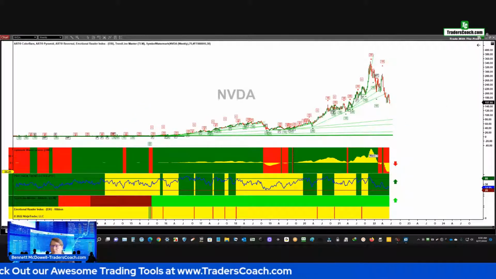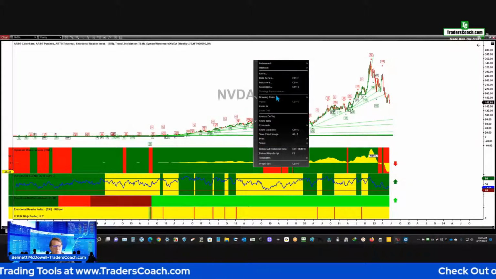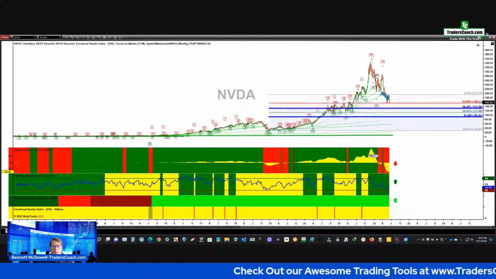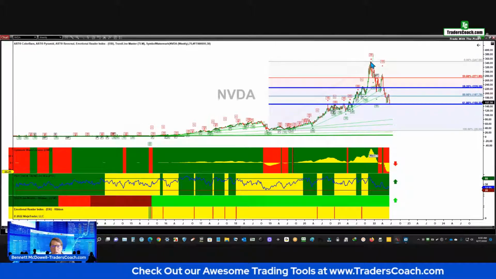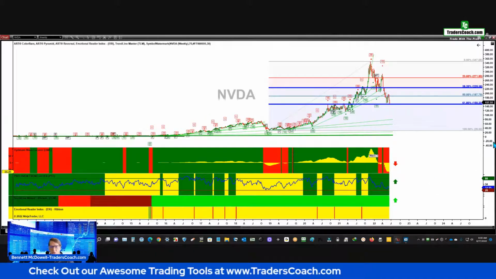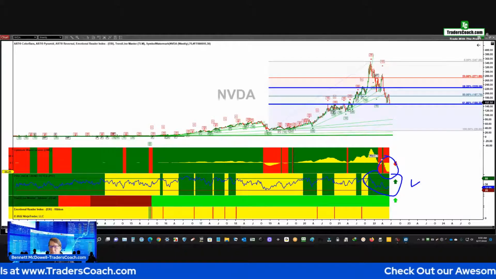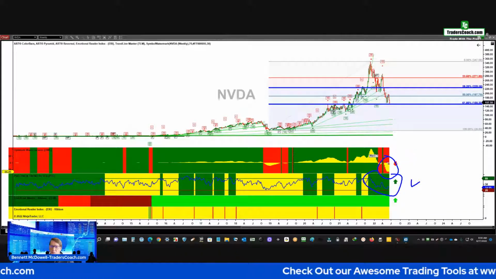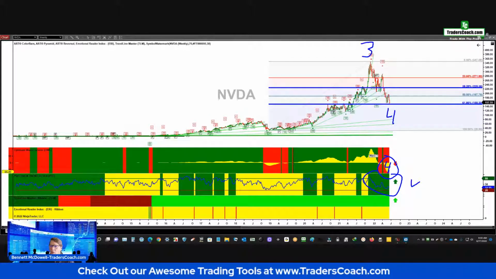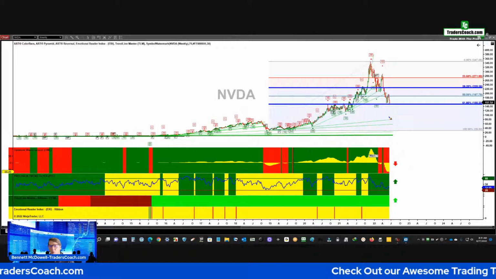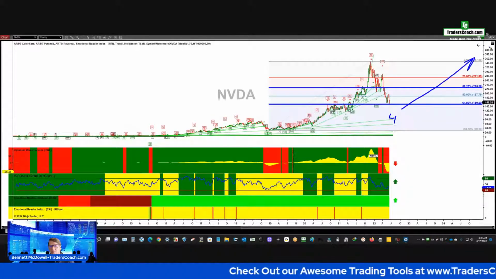All right, so what's going on with NVIDIA now? Let's draw some fib retracement tools. Let's grab our retracements and do it from the bottom here. I have a very particular way I draw these, and we're right smack in the target zone. We've got a green PTF here, pretty deep owl so far. It has to be red for it to be a wave 4. So this is a 3, and this is a 4. Notice here the owl is telling us it's a 3, and it's correct. So that's a 3, that's a 4. And after 4 is finished, then we get 5.